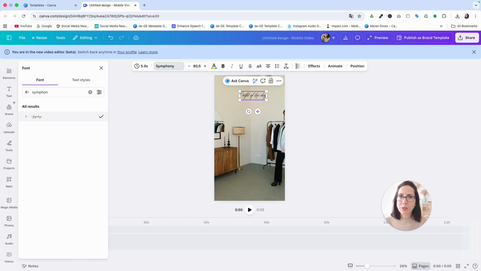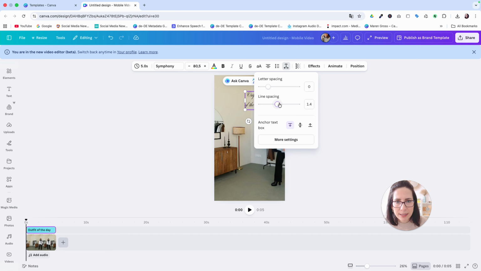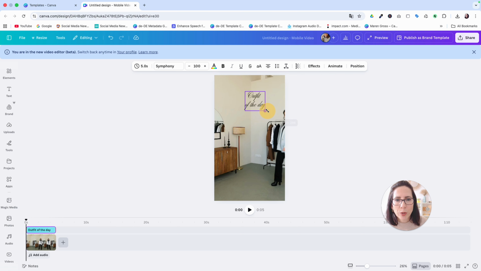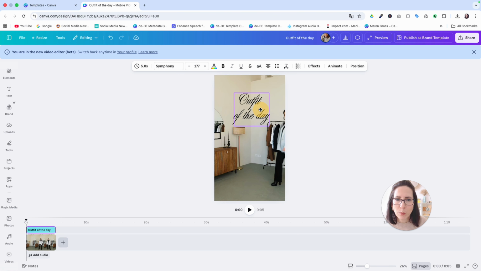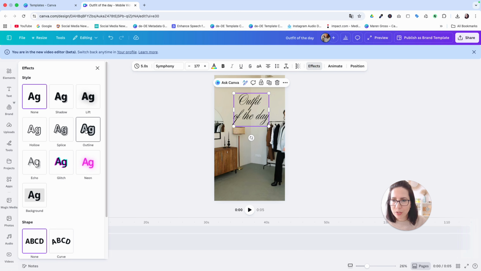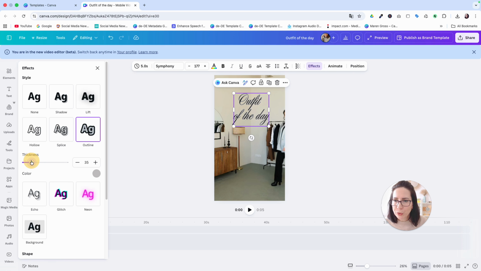Now we're going to make some adjustments to make this look really nice and stand out. So let's just put outfit of the day into sentence case. And let's reduce the spacing. I'm going to make this bigger and reduce a little bit more the space. I think, yeah, that will be fine. For this to work in the purpose that I was imagining, I want to add an effect for the text. So go to Effects, and we're going to select Outline,